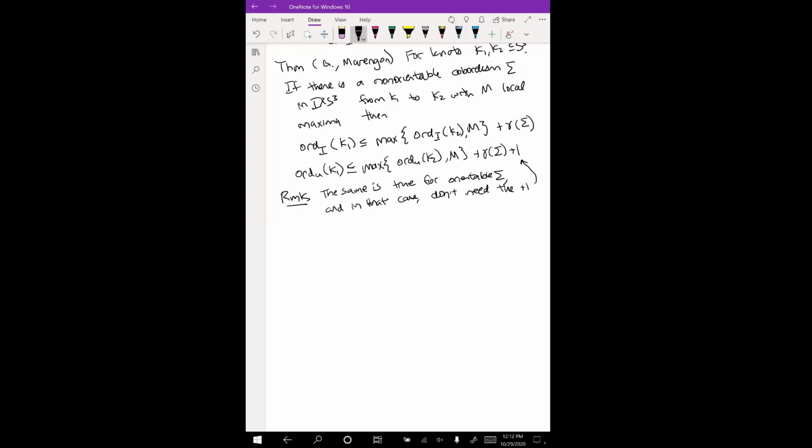Just to be clear, our result is the non-orientable version of Juhász, Miller, and Zemke's result. And for their result, it's actually stated exactly the same way. If you're looking at the orientable case, the proof is also the same, so you can just apply their proof directly. The reason that things are a little bit different in the non-orientable case, which is also the reason we need this plus one, is that